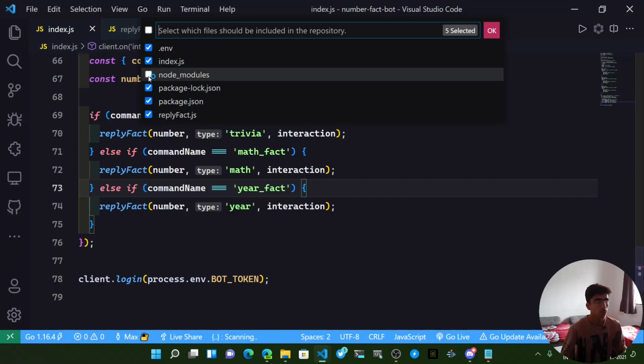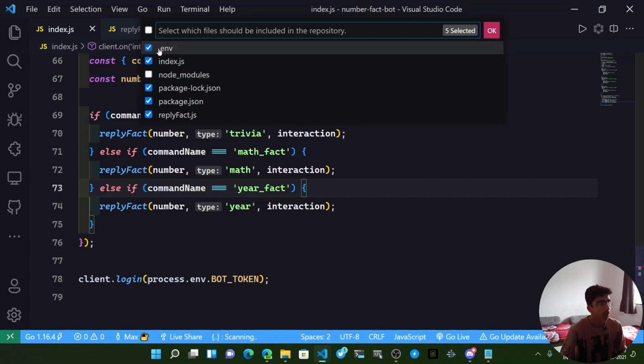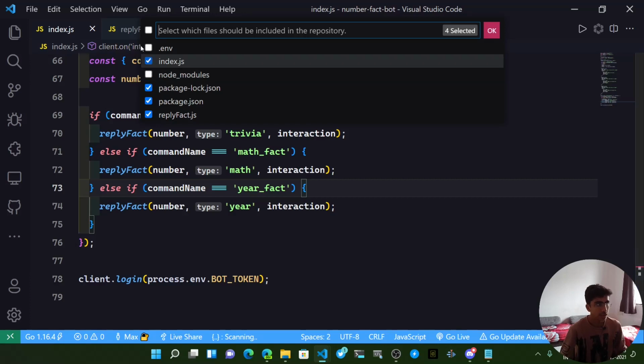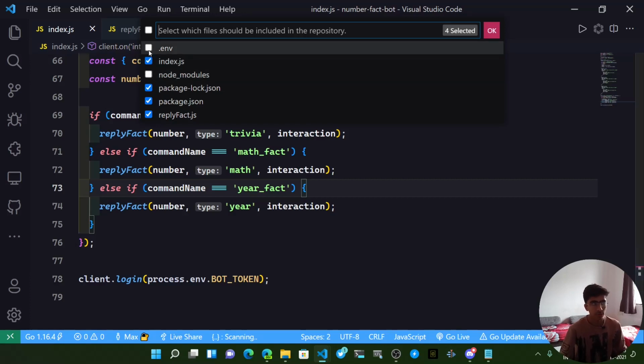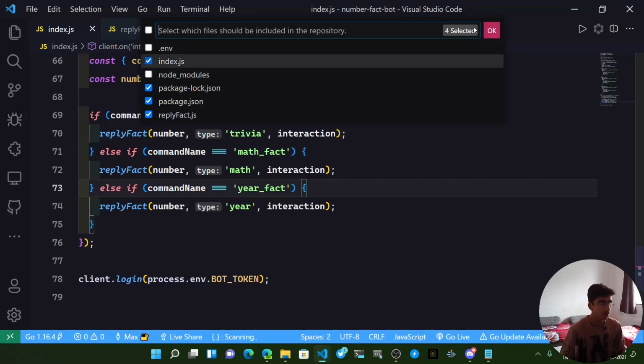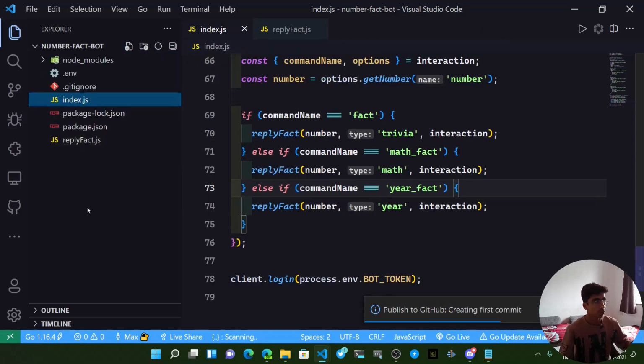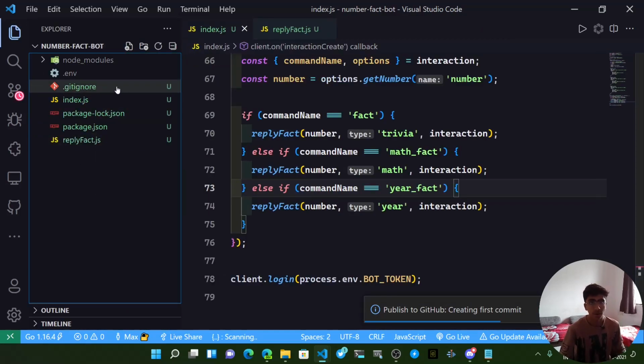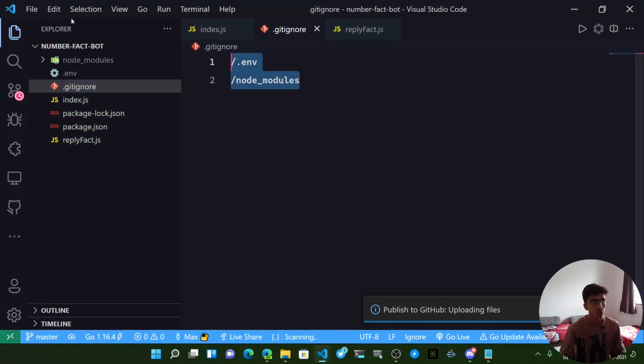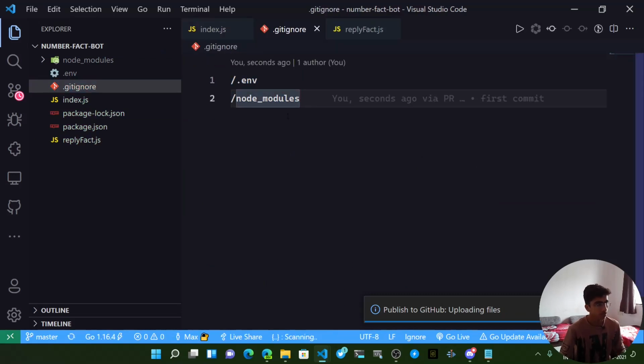We don't want node modules, the huge folder, to be on GitHub, and also the .env should not be there, because we have our API key there. So you can deselect both of these. Let's hit OK then. It's going to publish it to GitHub. It's also going to create a .gitignore file, which basically holds what should not be pushed. It's going to upload the files,